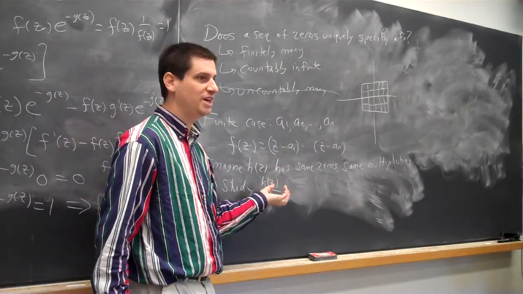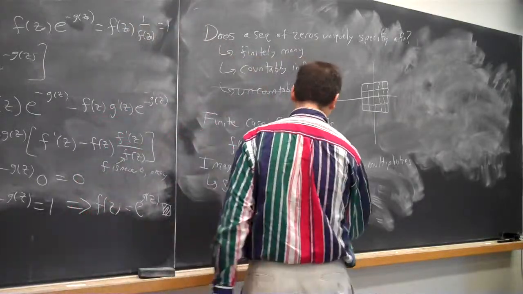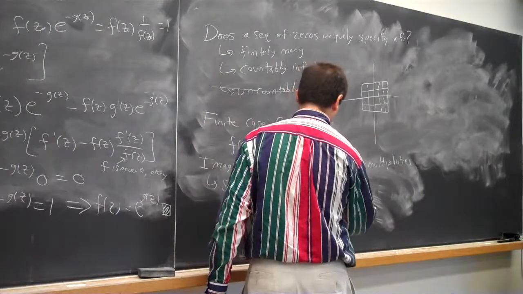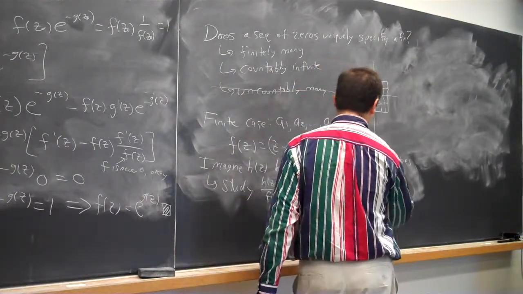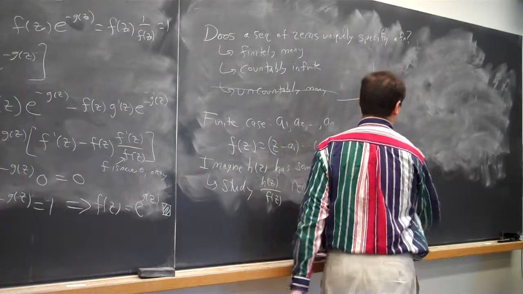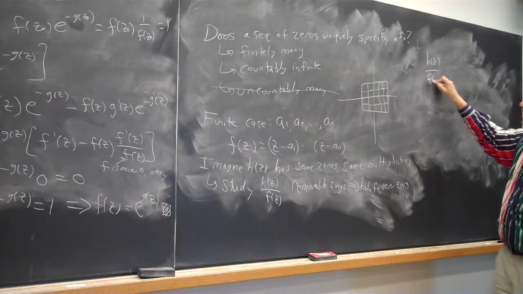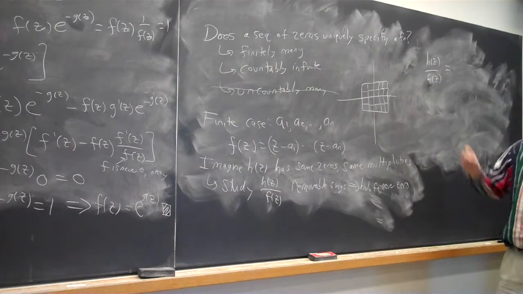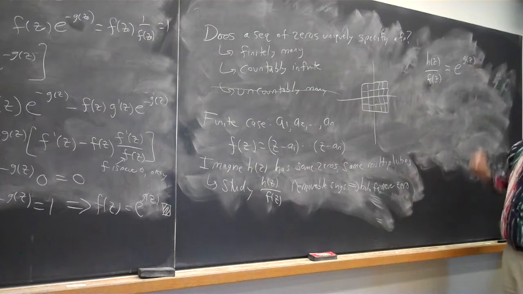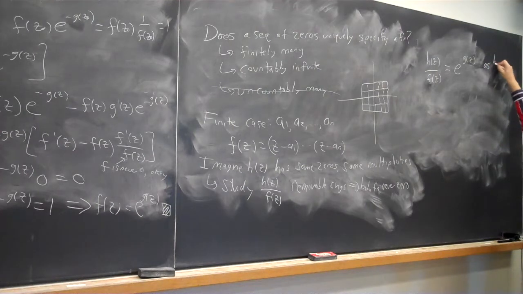If I have removable singularities, I can remove them, hence the name. So I remove all removable singularities, and now I have a holomorphic function, never 0. And so h of z over f of z has to equal what? It has to be e to the g of z, because h over f has no zeros. As h over f is zero-free and holomorphic,